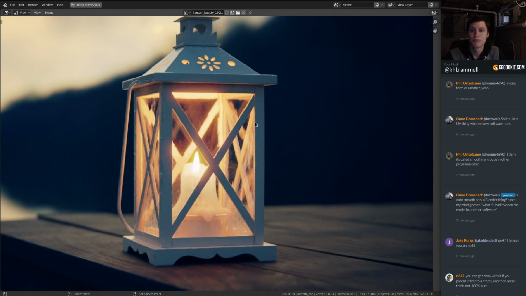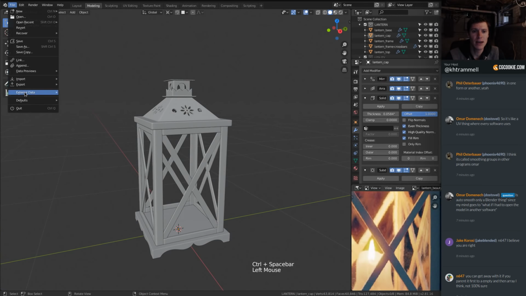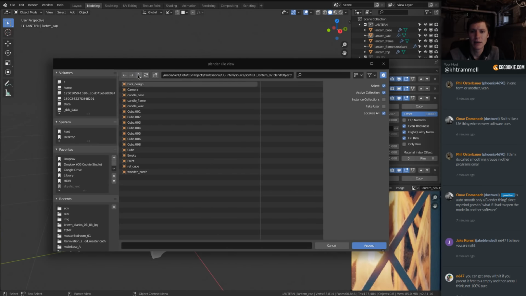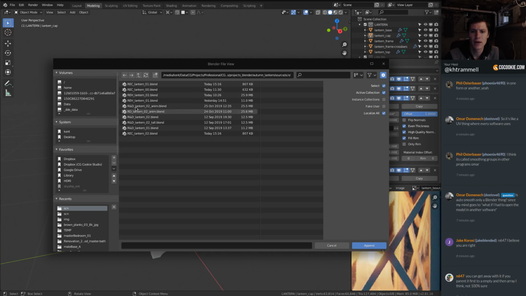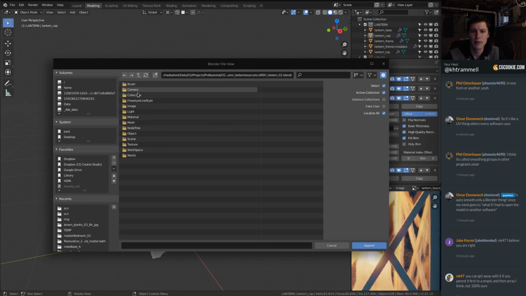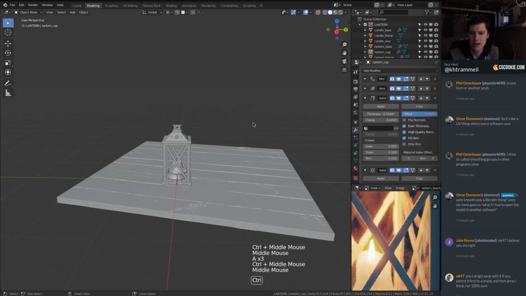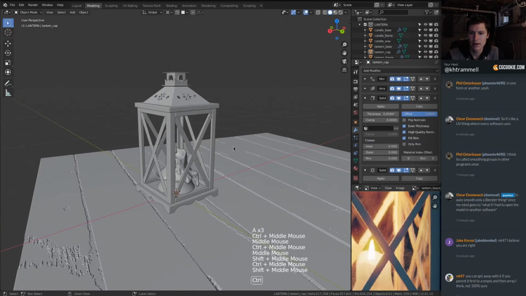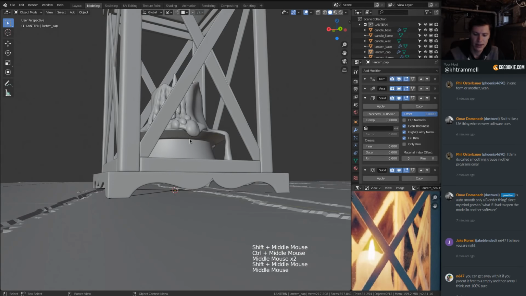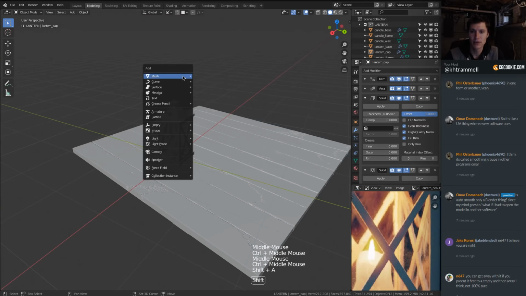Yes, so let's file append. And I'm looking for our rehearsal number 2. From here, I'm going to grab these specific objects: candle flame, candle wax, candle base, and wooden porch append. All right, so those are coming in, and first we'll take that. Actually, is that set up correctly? We need a camera. We need a camera first. Shift A,